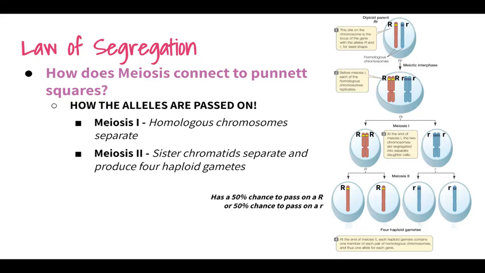And now we have what are considered haploid cells. Remember, haploid means half, because if we look, the result is one chromosome, half of what we started with, which was two. And this is where we get that probability of the chance of passing on a type of allele. So since this parent was heterozygous, they have a 50% chance of passing on the capital R, because 2 out of the 4 gametes we can see here contain the capital R